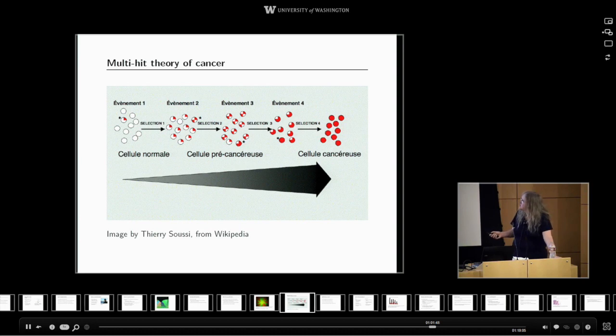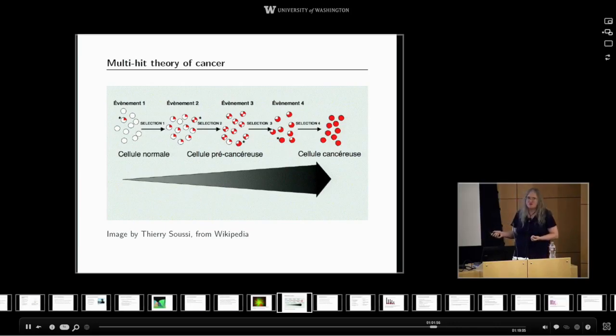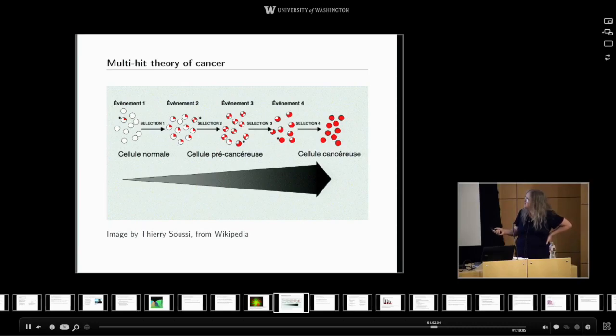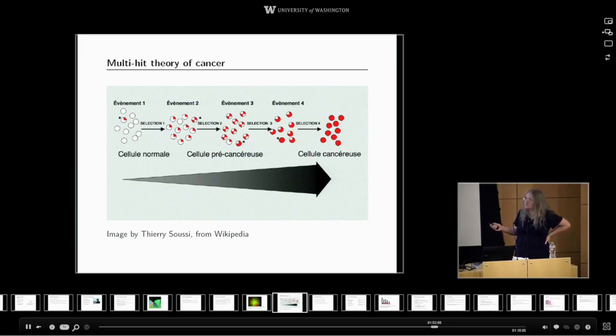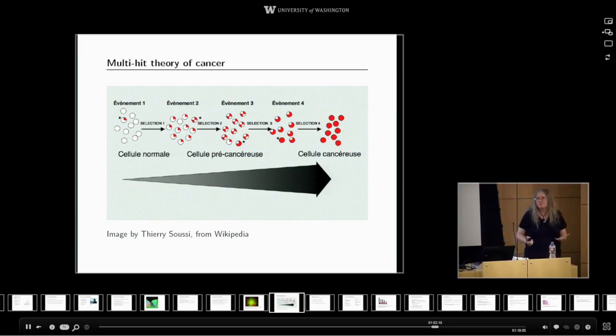So a single mutation occurs. It doesn't lead to cancer by itself, but the theory goes it has some growth advantage. So it grows up into a large clump of cells all carrying that mutation. And that's now an attractive, large target, many cells that could have a second mutation, still not cancer, but giving some type of advantage. Those grow up, and maybe 3, 4, 5 mutations down the row, you've finally disabled so many cellular safeguards that cancer can actually arise.